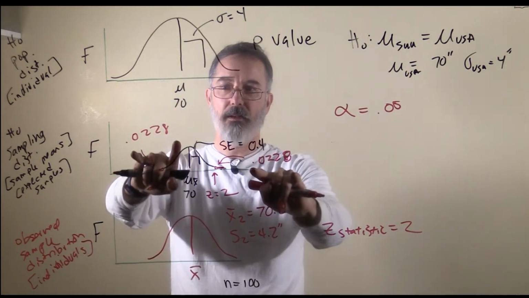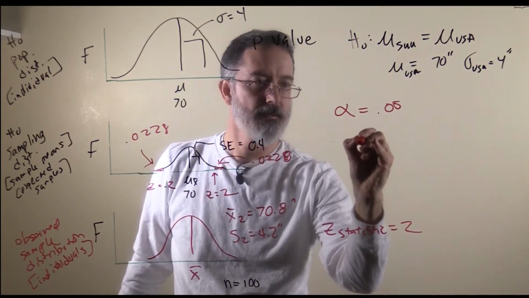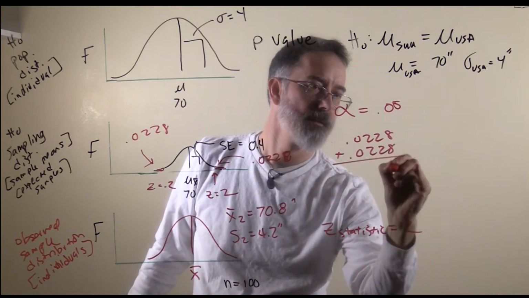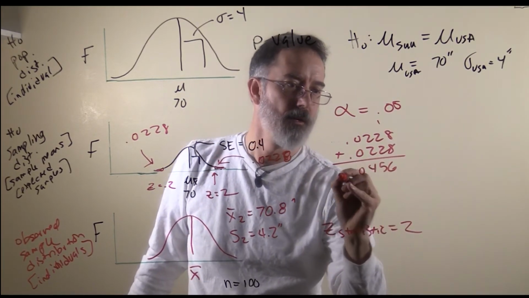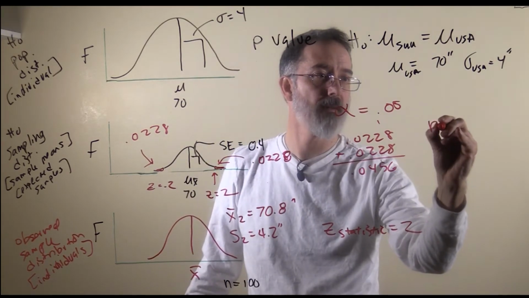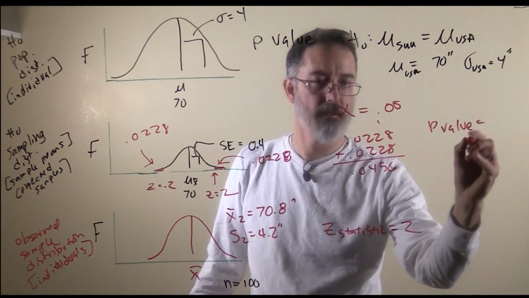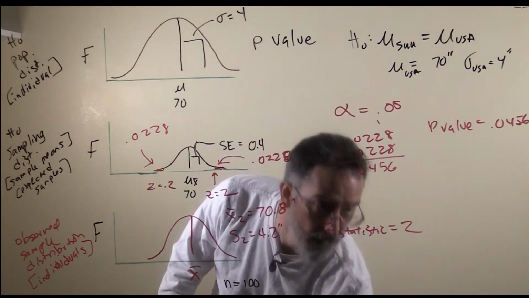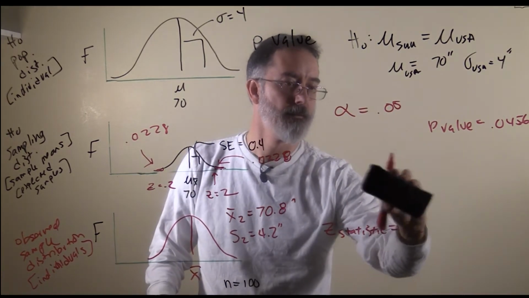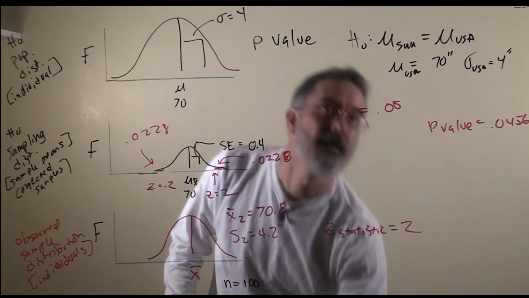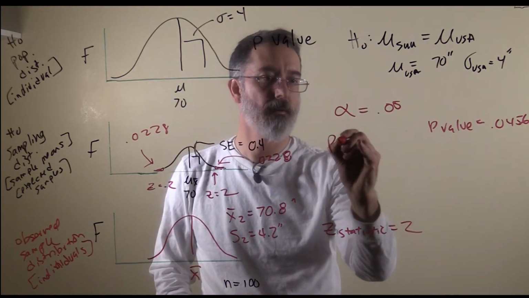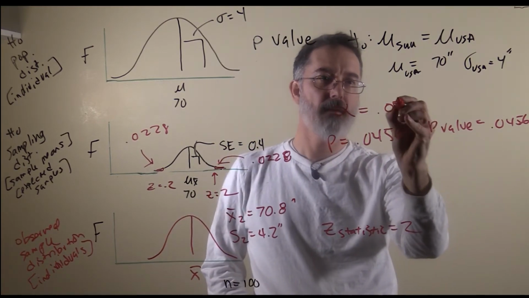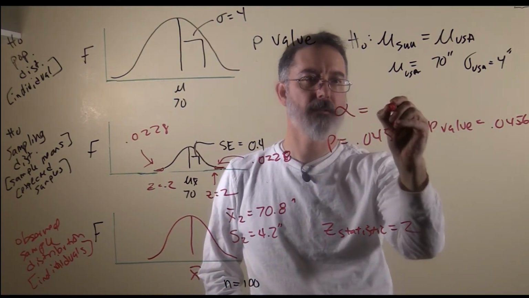So to calculate our p-value, we need to add both sides together. .0228 plus .0228, that's .0456. So our p-value, or p equals .0456. So our p-value is .0456, and we compare our p-value with our alpha. Remember, our alpha is .05,